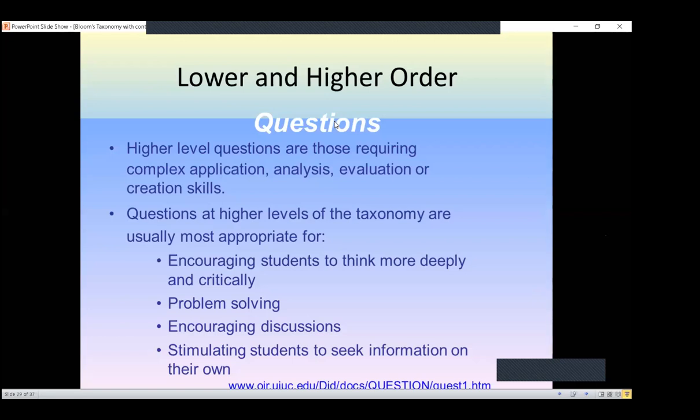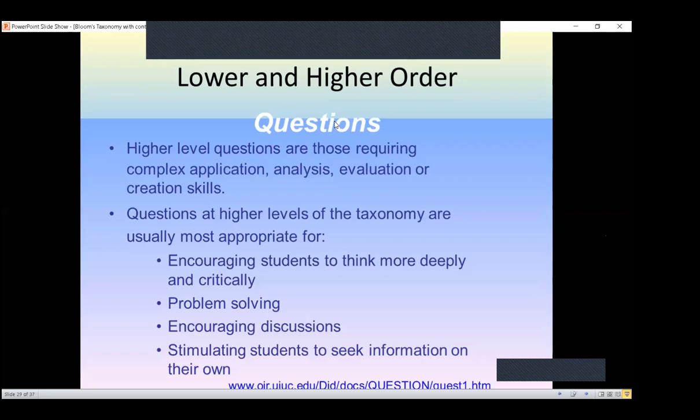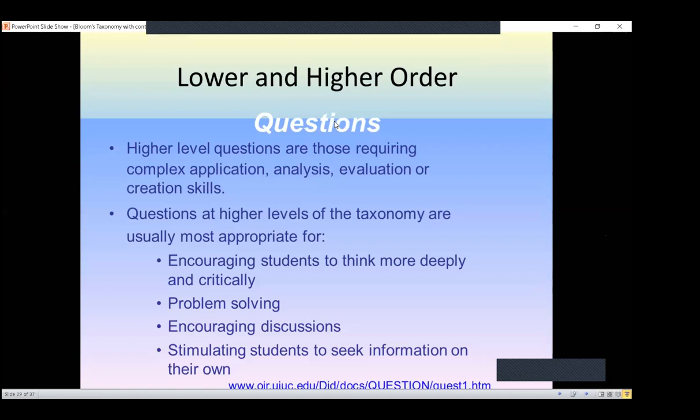See, it normally happens when we are asked to criticize certain things, we sometimes fall short of words. We really don't know how to evaluate anything critically. We do not know how to solve the problem. So from student level, if we give them this opportunity, definitely they will develop this habit of thinking. Encouraging discussion. So all these things are possible with the help of these higher levels of taxonomy.